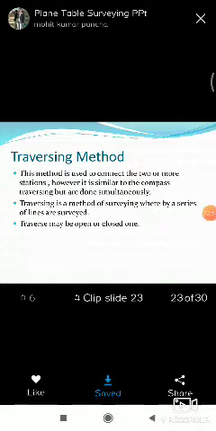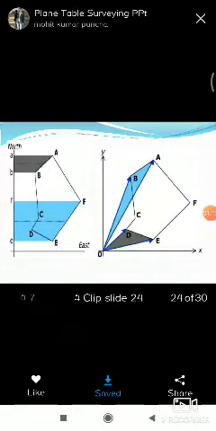It means the stations selected on the ground are visible from each other and we are able to measure the distance from each and every station. So in the traversing method, first we select the traverse stations.